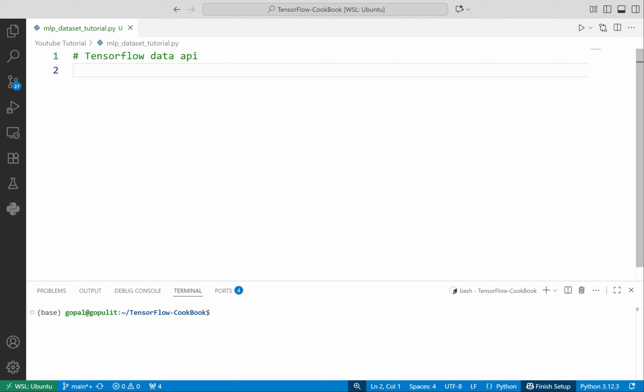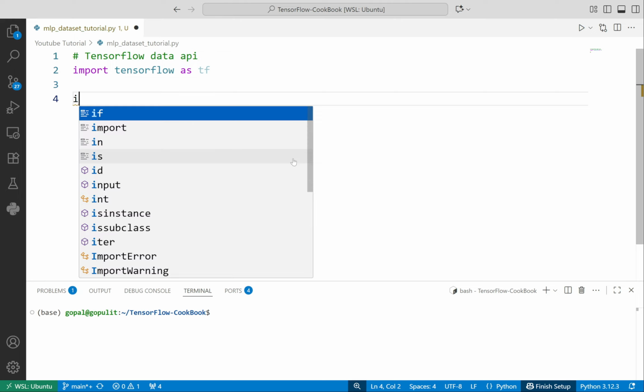First of all, let's import the necessary libraries, import TensorFlow as tf, and create a simple dataset to understand how things actually work.